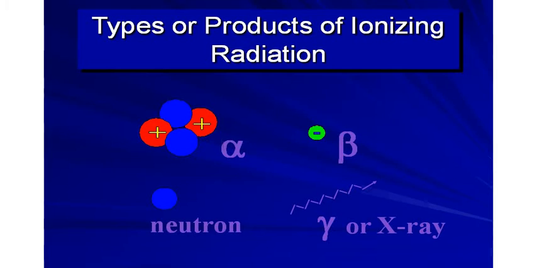These are the types of radiations: alpha radiation, beta radiation, and gamma radiation. Alpha radiation consists of particles. One alpha particle consists of 2 protons and 2 neutrons, while beta radiation consists of negatively charged electrons, and sometimes beta radiation consists of positively charged electrons called positrons. The last type of radiation is called gamma radiation, which is an electromagnetic radiation similar to light.